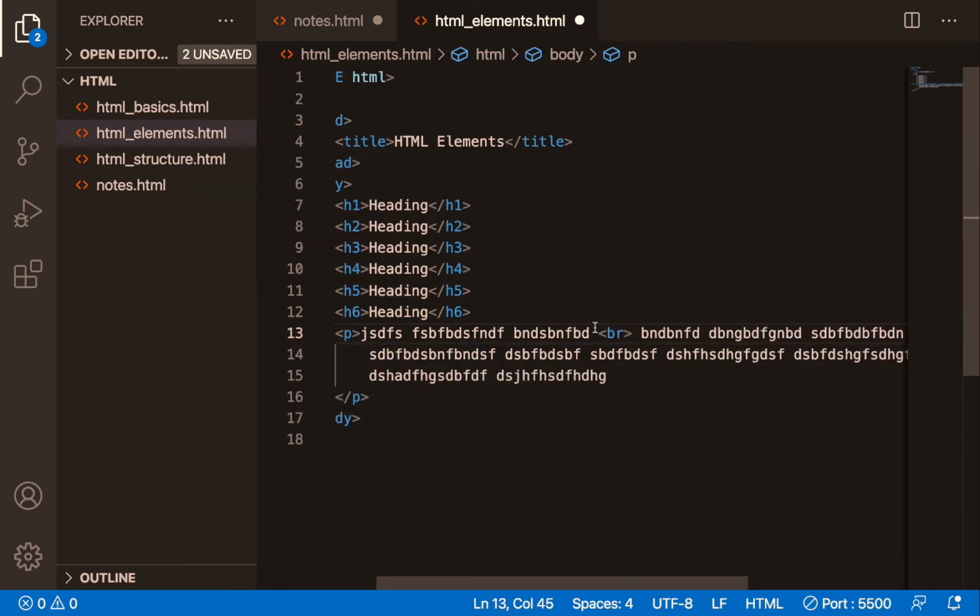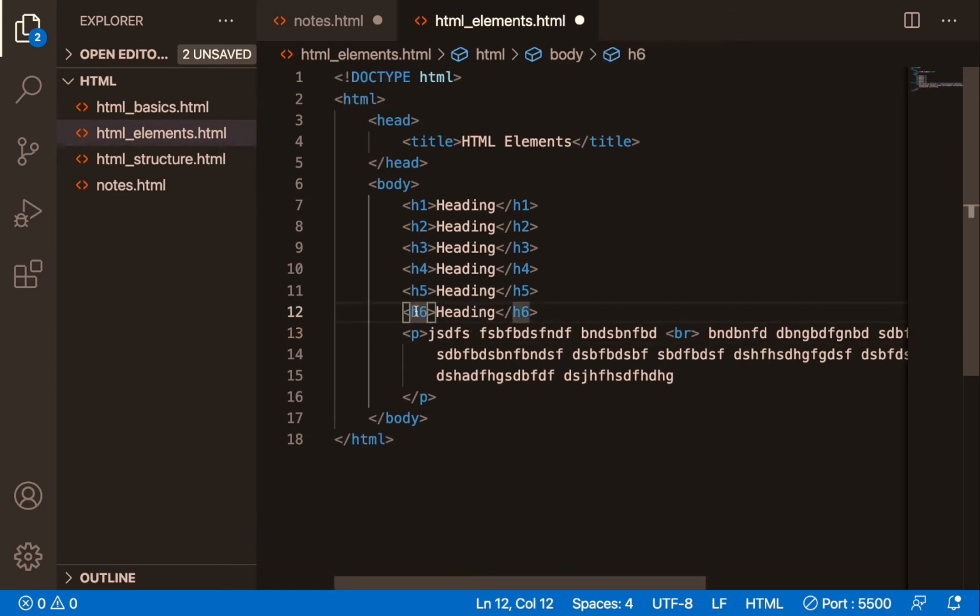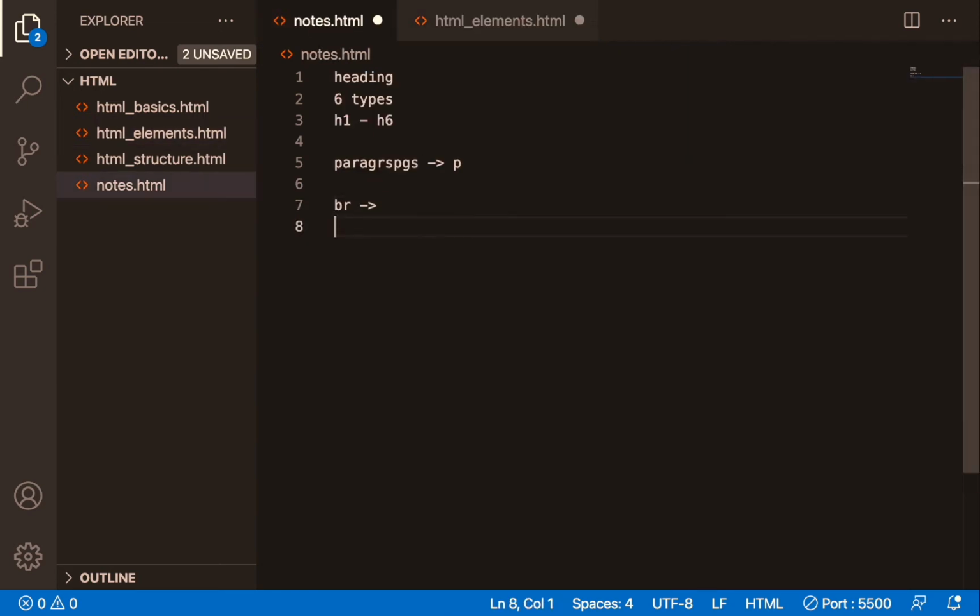Okay, this doesn't have an end tag, but whatever other elements we take will have a start tag and an end tag. This will not have any end tag. So there are 2 elements without end tag. One is break, second one is horizontal line.